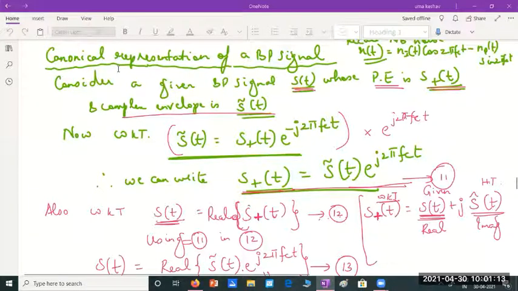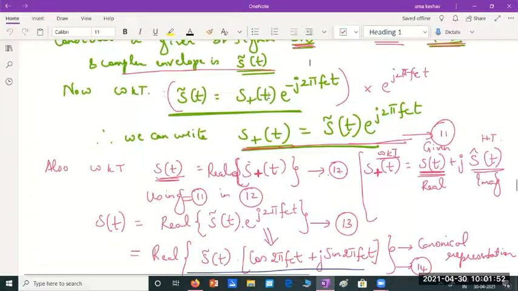In yesterday's class, we were discussing the canonical representation of a bandpass signal, where any bandpass signal can be represented as the in-phase component multiplied with a cosine, minus the quadrature component multiplied with a sine. For example, the noise signal is represented as Ni of t cos 2 pi fct minus Nq of t sin 2 pi fct. So we saw how this representation was done, and we started off with the complex envelope